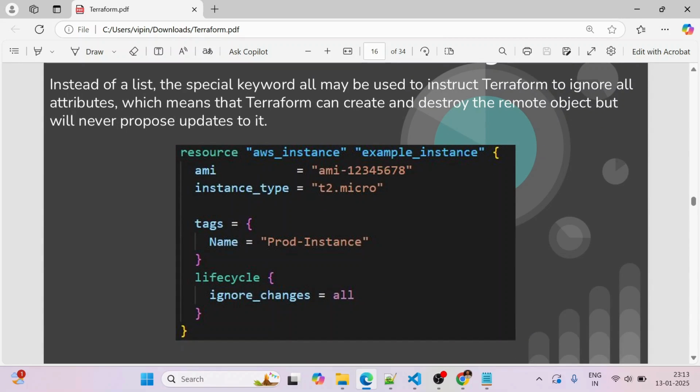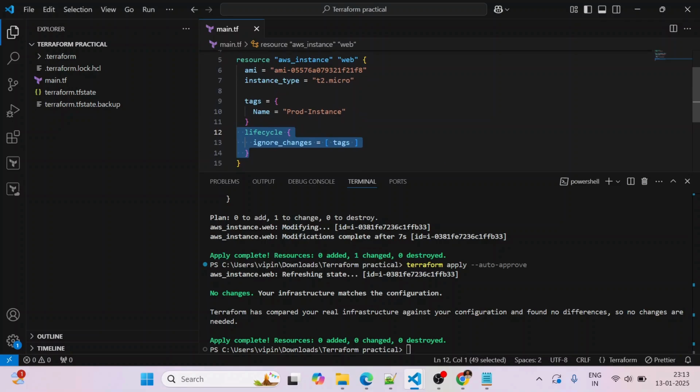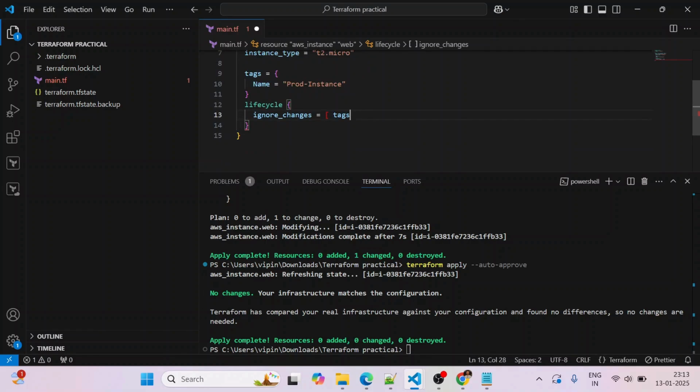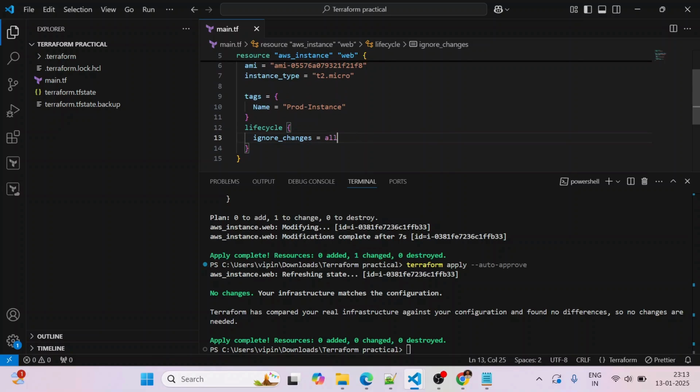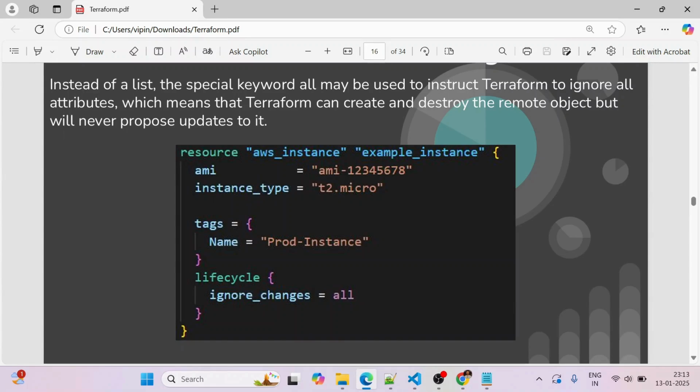So if we want to ignore all the changes that have been done manually in our AWS resources, then we can directly use the value equal to all. Now it will ignore all the values that have been added manually. So this is another use case.